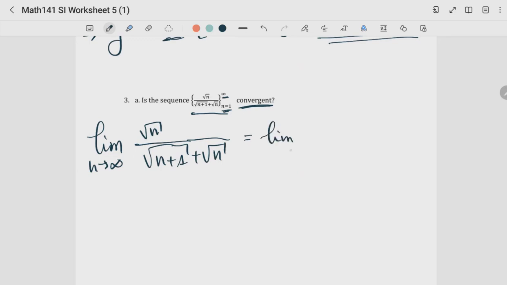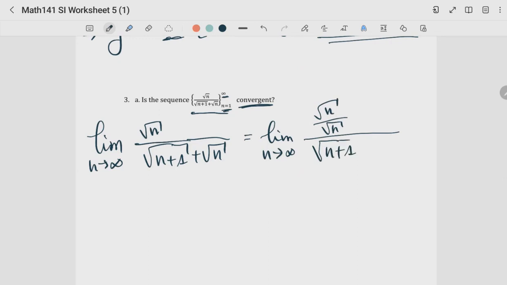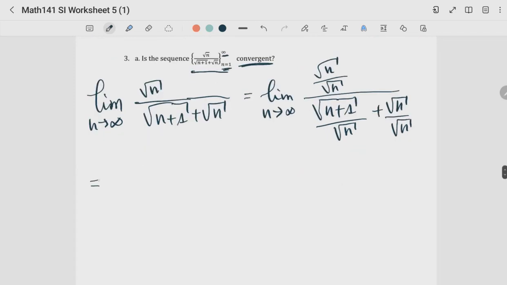So our highest order here is just a root of n, so we have the limit as n tends to infinity of root of n over root of n, all over root of n plus 1 divided by root of n plus root of n divided by root of n,